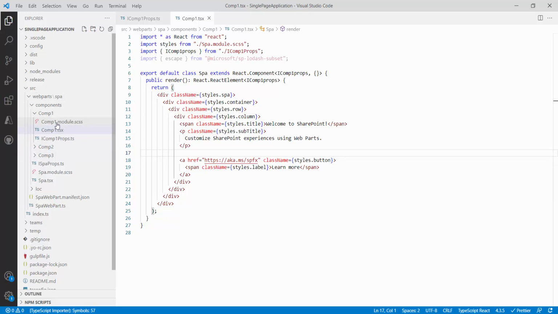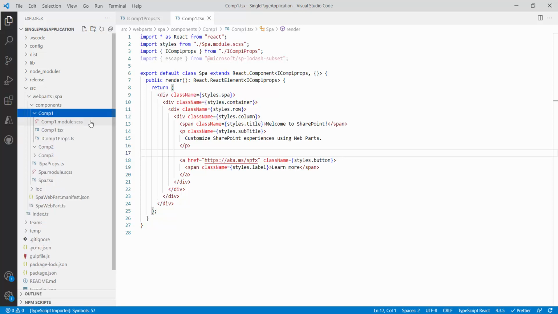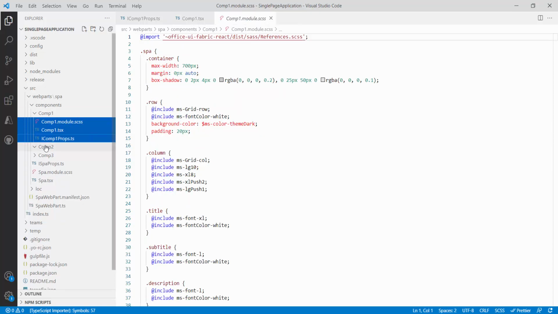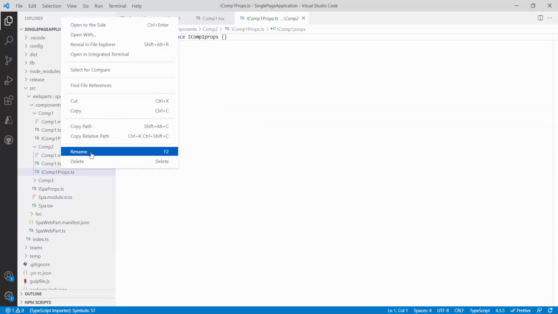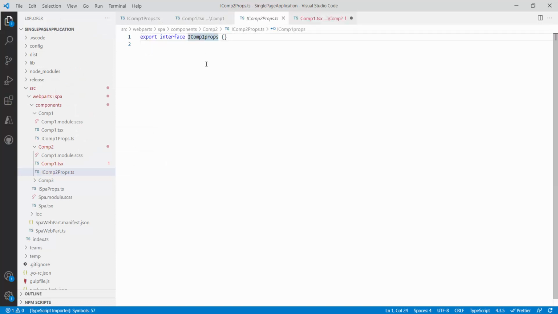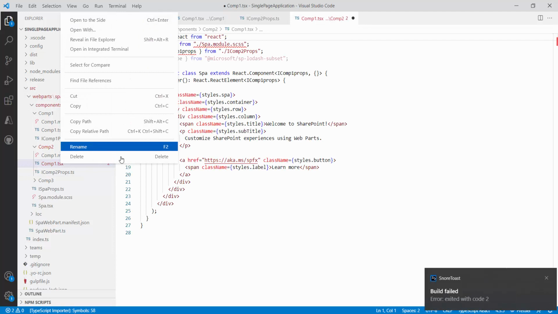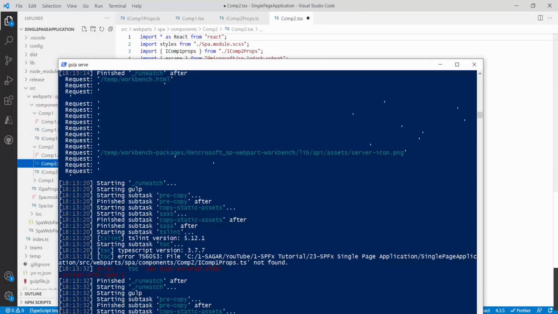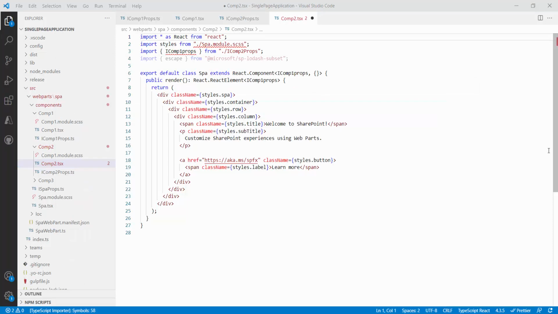Now I will move to the second component, component 2. For that, I will copy these 3 files and paste them inside component 2. Renaming is a bit easy now. Instead of 1, I will use 2. Inside this, again, I will change it to 2. Then comp1 dot, instead I will rename this file also as comp2. It will take some time to build this component, so for now I will stop the process running in the background.